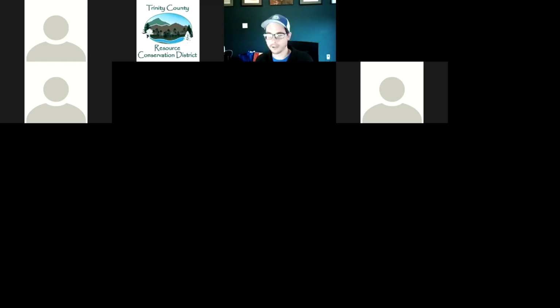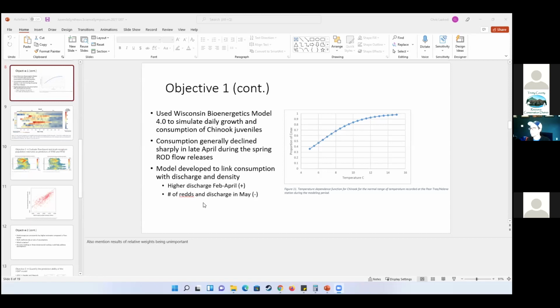It's 100% temperature. In that consumption graph, let me bring it back up. I have to reshare my screen, but in that consumption table, consumption and growth are highly linked to temperature. So we have colder temperatures, they won't grow as fast. And